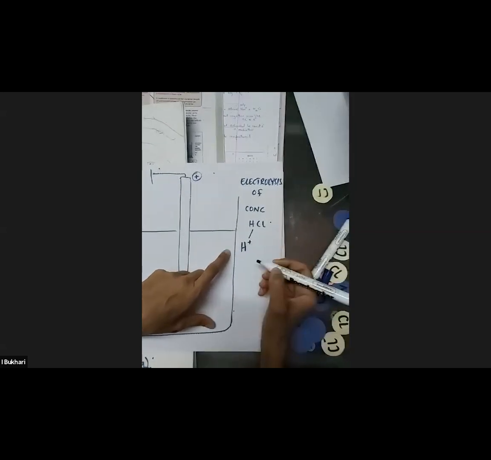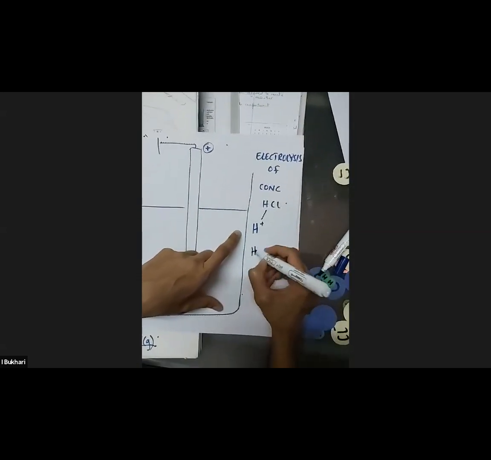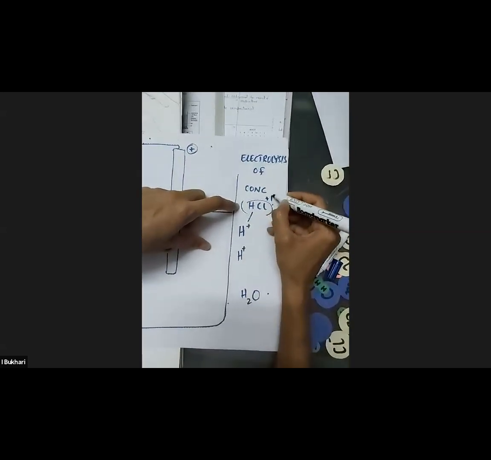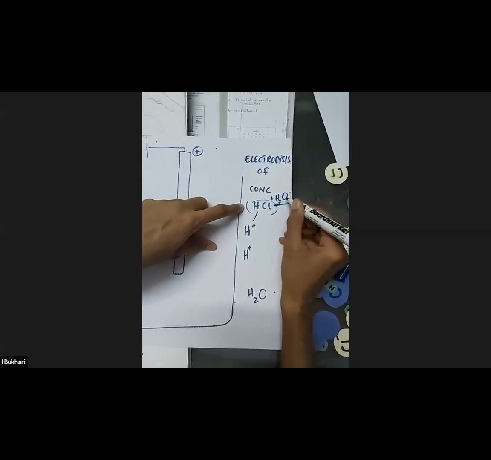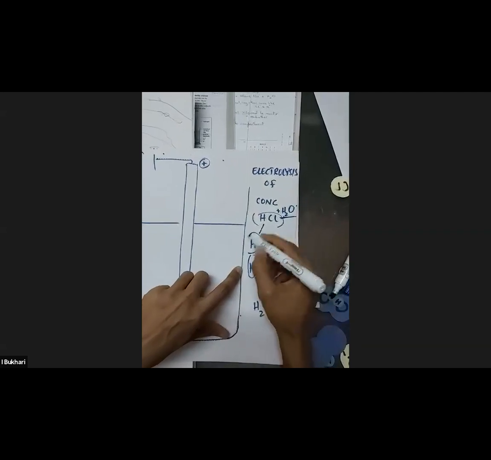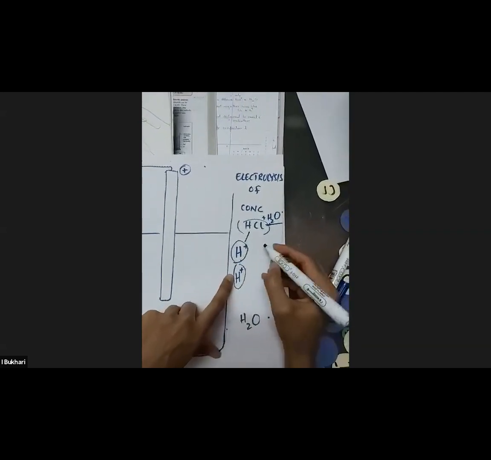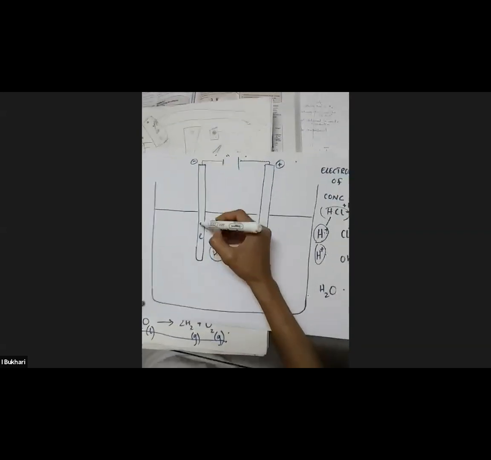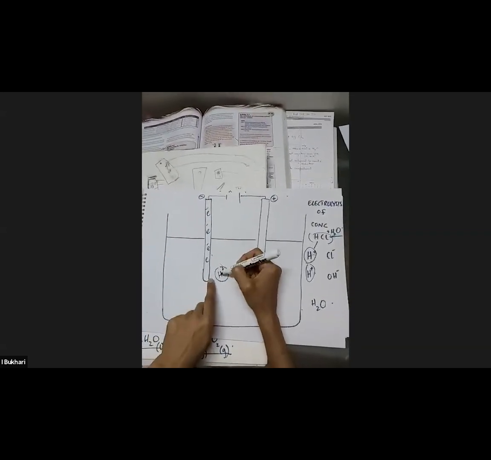So the cations are hydrogen ions from hydrogen chloride as well as from water, because this is a solution. So this is HCl plus water. The other substance we're dealing with is water. Hydrogen ions from both are giving hydrogen ions as cations. The anions are chloride and hydroxide. Of course, hydrogen ions will be attracted towards the electrons, and they will gain these electrons and therefore be reduced to hydrogen gas.